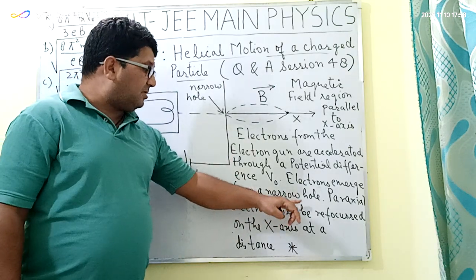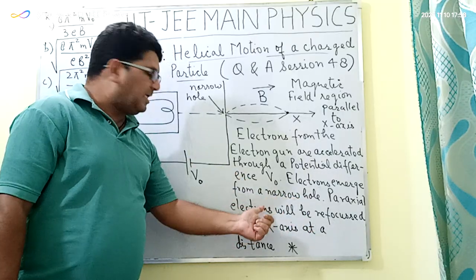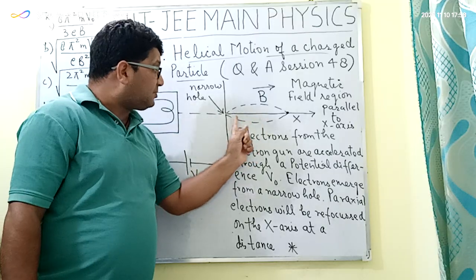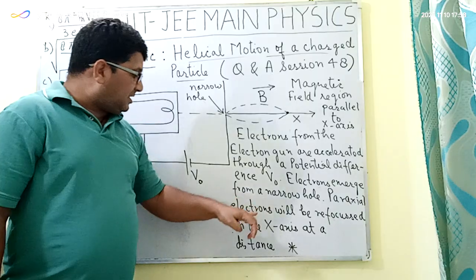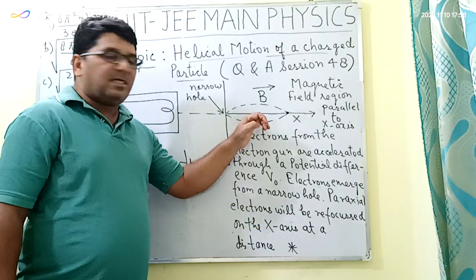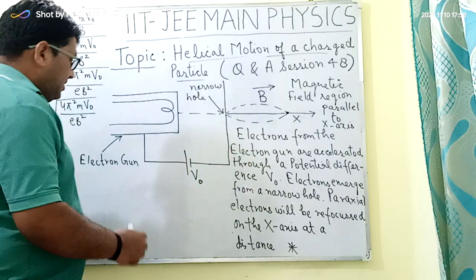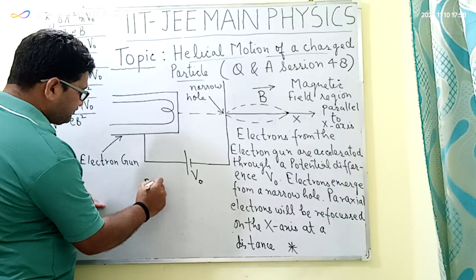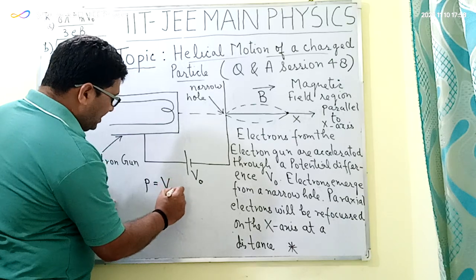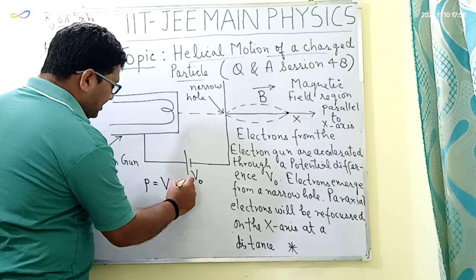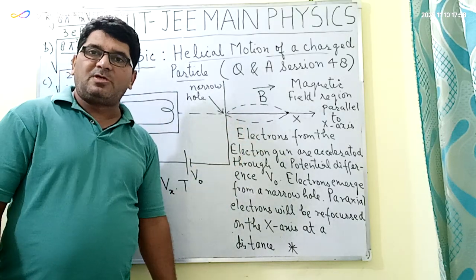Now the first thing which we have to know is what are the paraxial electrons. The paraxial electrons in this case are those electrons which are moving very close to the x-axis. And the paraxial electrons will be refocused on the x-axis when they complete a distance equal to the pitch. Now what is pitch? Pitch is equal to the velocity of the electron in the x direction, say it is Vx, multiplied by the time period. What is time period? That is the time taken by the paraxial electrons to complete